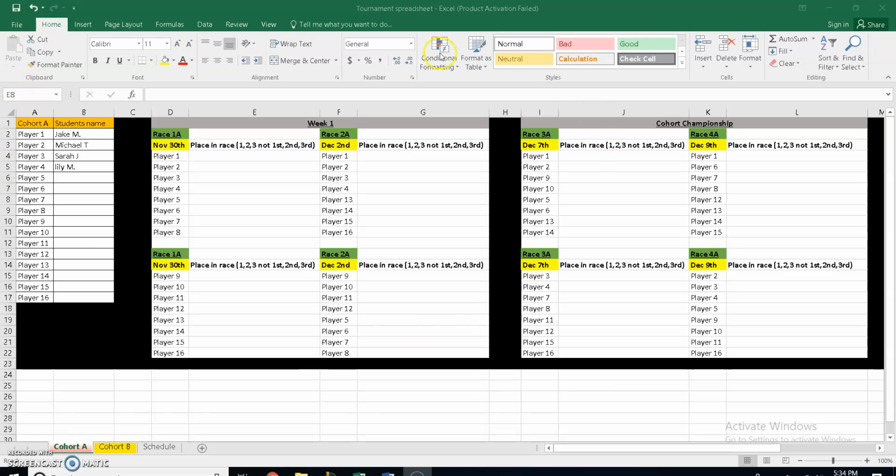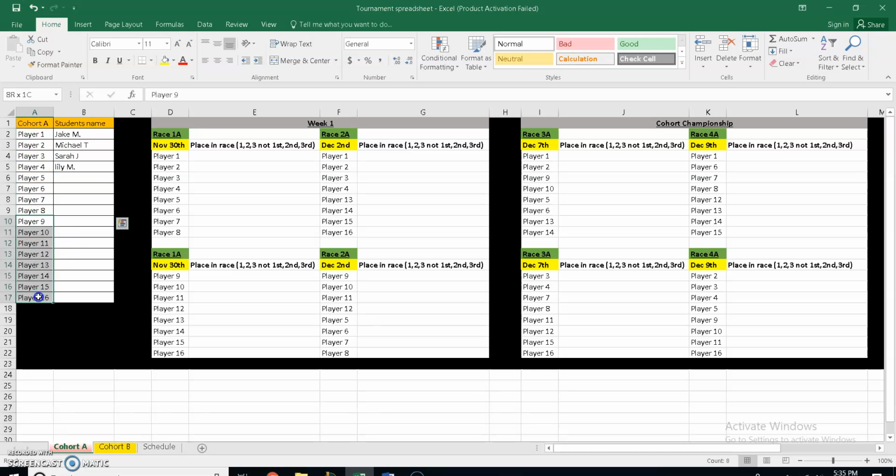So if you go to your spreadsheet that is linked in the email, you'll have November 30th, which is today. What you're going to do is have players 1 through 8. Those players are here. For my example here, I have Jake, Michael, Sarah, and Lily. For you guys, you'll fill this in with your full cohort A students, and it will correlate to that player. So let's say we get into advisement. I will have players 1 through 8 go into a breakout room together, and they'll play a game against each other. Okay. So they go, they play their game.